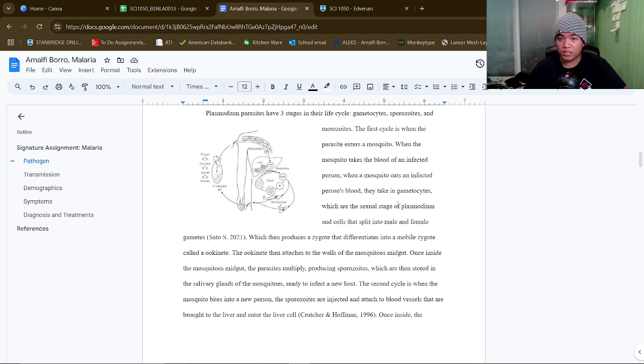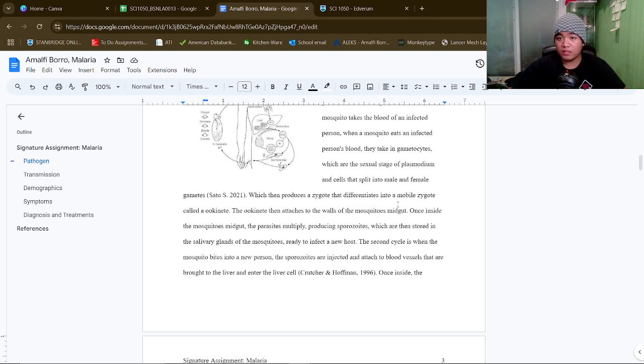Ookinetes are basically mobile zygotes that can attach to the walls of the mosquito's midgut, where it'll multiply. It'll basically create a bunch of sporozoites, which will then enter the person once a mosquito bites someone. These little sporozoites will move on from the mosquito's midgut to the mosquito's salivary glands, which, once a mosquito bites into a person, that saliva will basically secrete itself into the area of the bite and start reproducing inside the person's